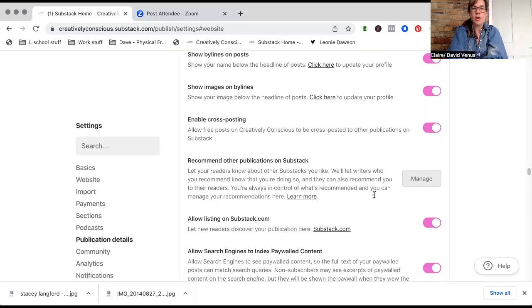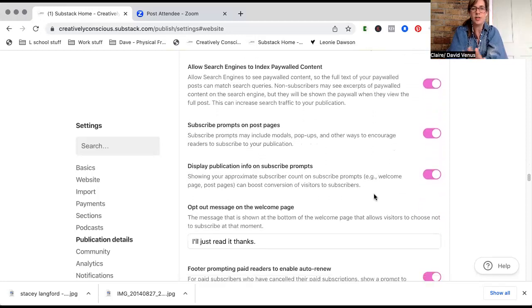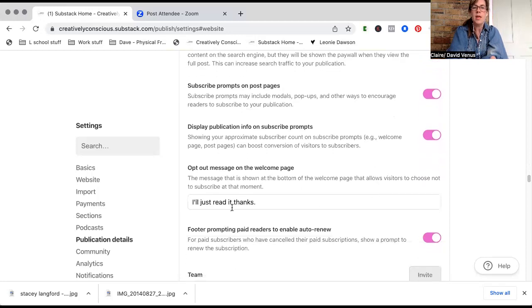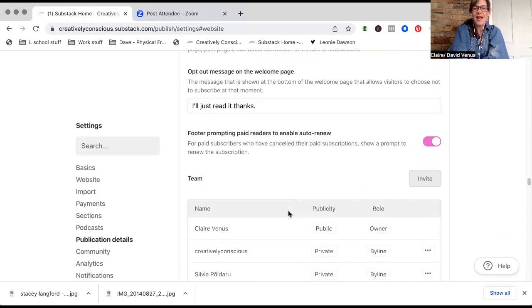That you can switch on and off, cross-posting, new listings. Obviously, I just let Substack do everything because I really trust them. This is where someone can put their email address in. And I think it said originally no thanks, and so they just made it so that you can edit it. So I just wrote, I'll just read it, thanks. I don't know. That felt like a nice invitation to do. And then